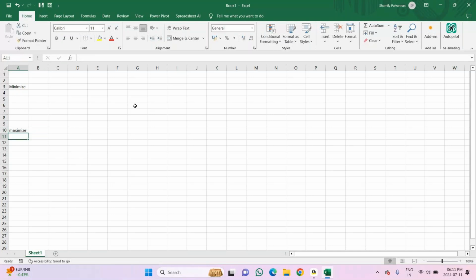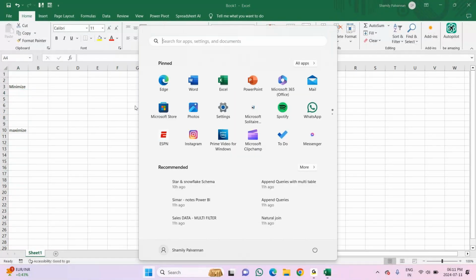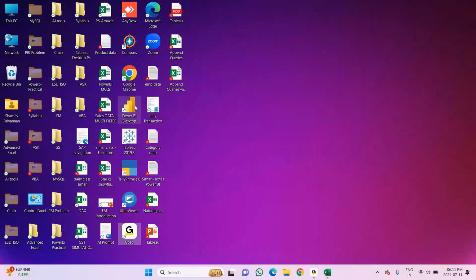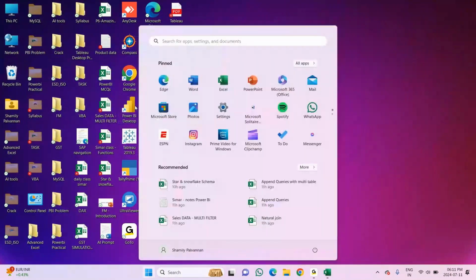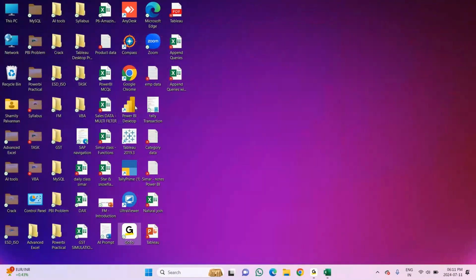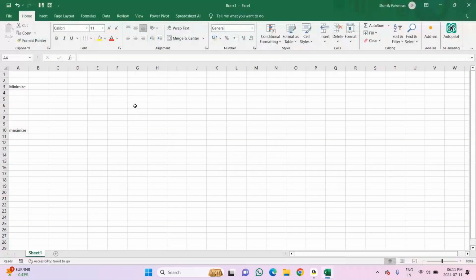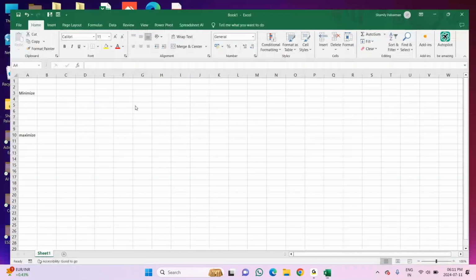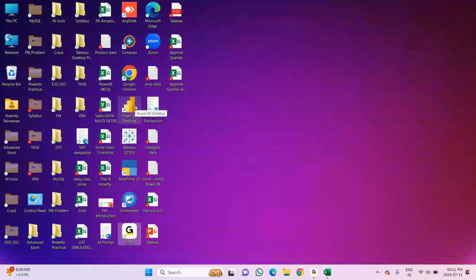First one, to minimize, you can use Windows M. There is a Windows symbol and M you can press, and to maximize it, Windows Shift M. I'm showing you once again: Windows M to minimize, Windows Shift M to maximize.